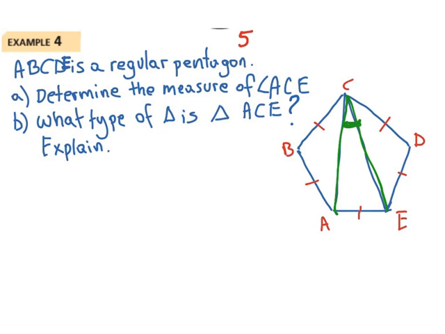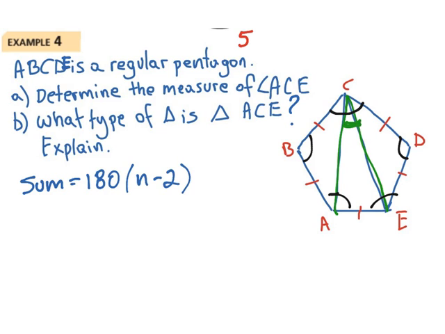But one thing we can find is the measure of this angle, this angle, this angle, this angle, this angle, because all these angles are the same because it's a regular pentagon. They're called interior angles in a convex polygon. And how do we find it? We're going to use the sum formula. The sum formula tells us that it's 180 times n minus 2, and since we're using a pentagon, n is 5. Plug into your formula, it's 180, 5 minus 2 is 3, so 3 times 180 is